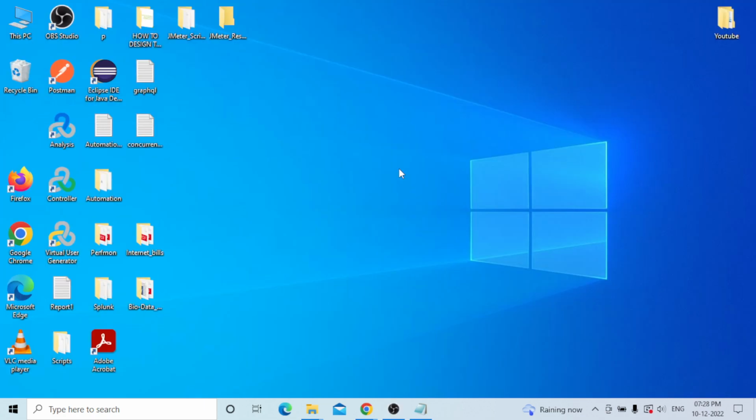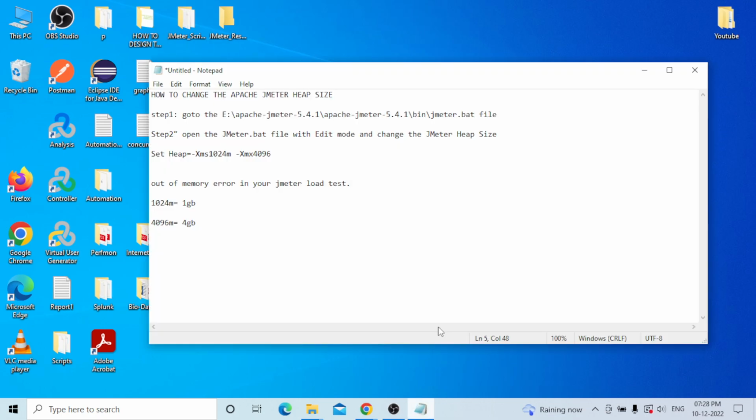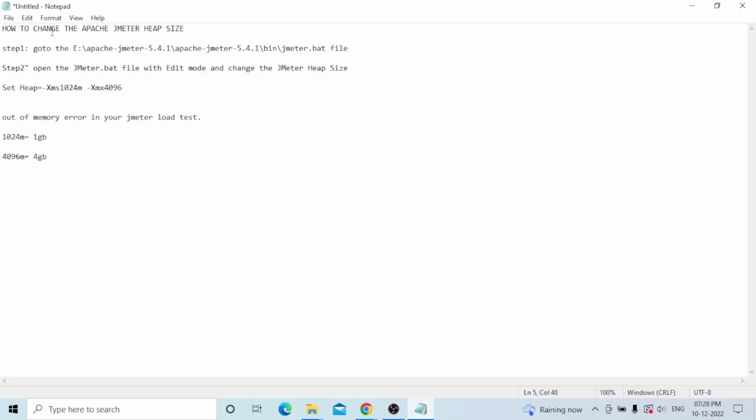Hi all. Today our topic is how to change the JMeter heap size. The topic name is: how to change the Apache JMeter heap size. Okay, step one. First of all, you need to